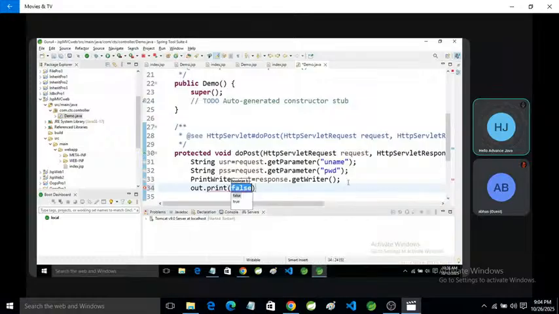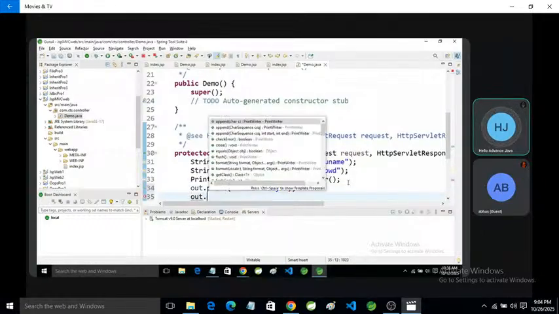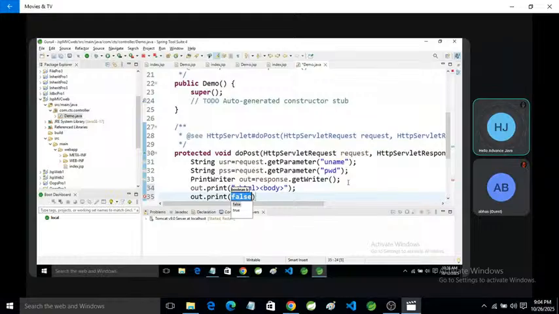So print HTML and body, and body, HTML, because this is a servlet, so we need to declare this.